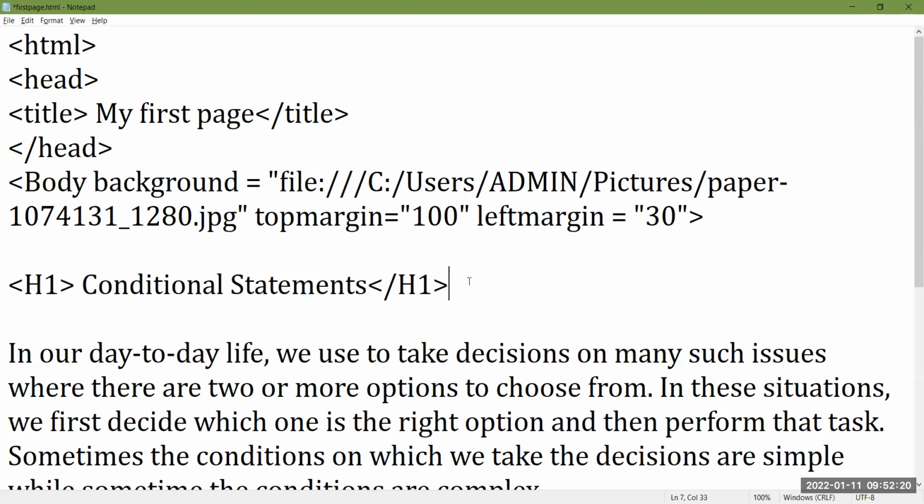If I don't close this H1 here, it will continue this effect to this paragraph also. Okay? Okay ma'am.